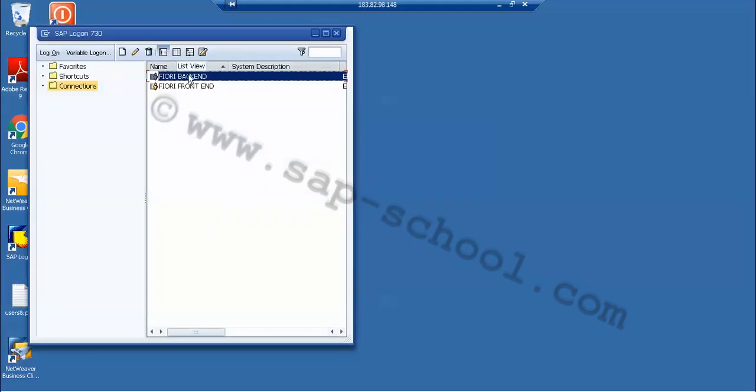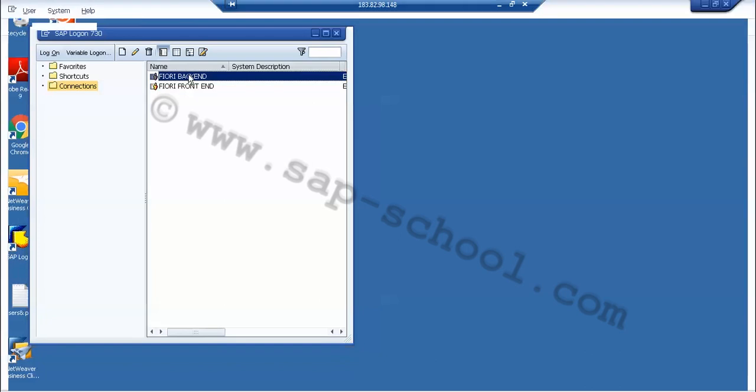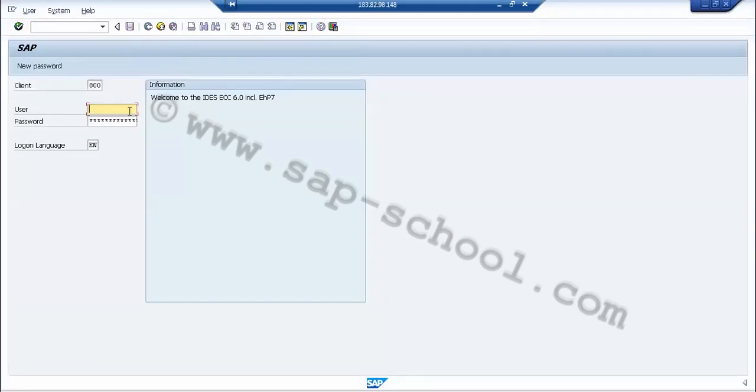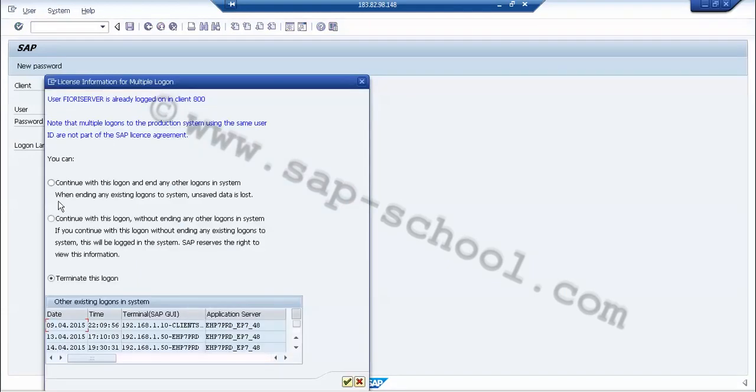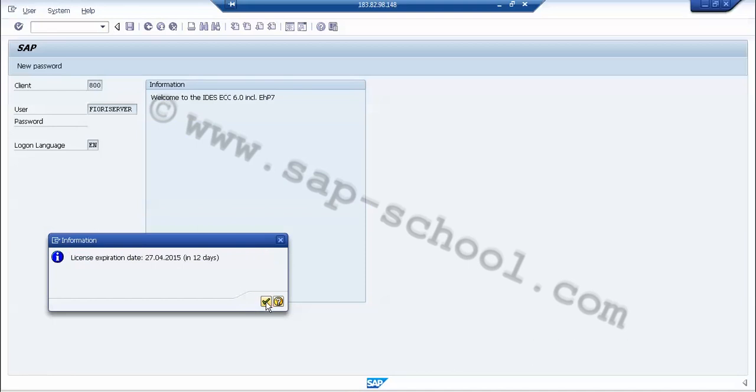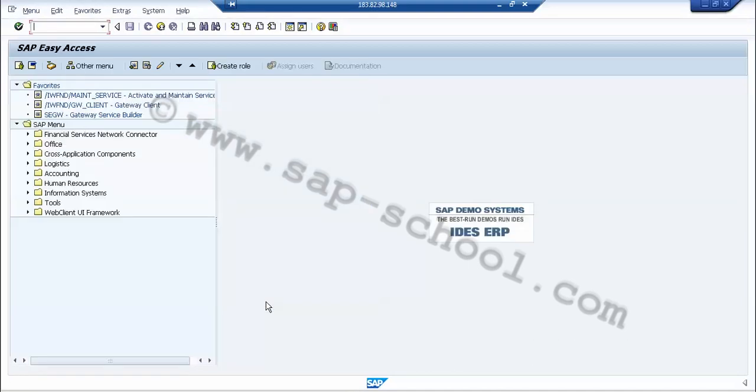So this is my backend system. I will log into it using my credentials. After this, once we are logged in to the system, we have to go to the transaction SCAT.